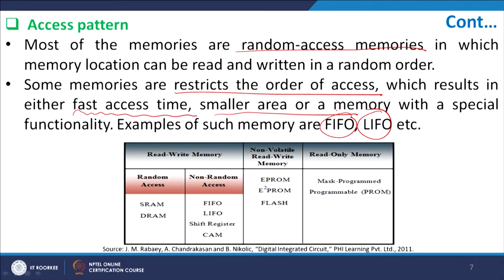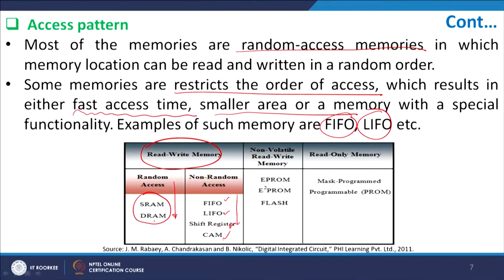If you look at read write memory, which is basically your volatile memory, we have SRAM, static random access memory, and DRAM, dynamic random access memory. That is the random access. Then in the non-random access we have FIFO, LIFO, shift register, and CAM,